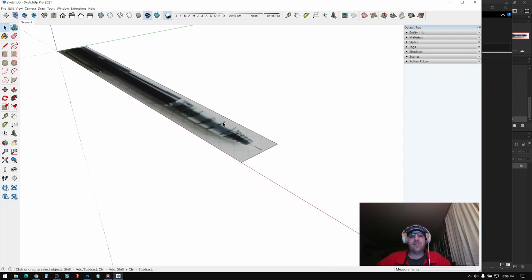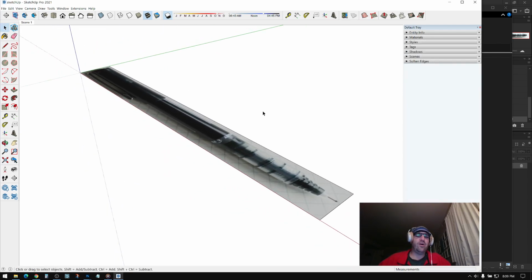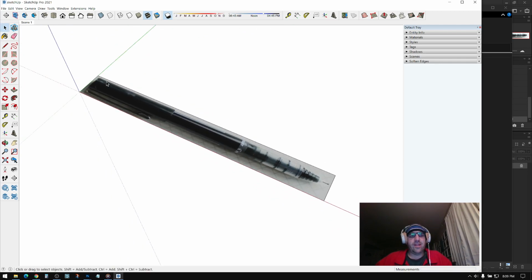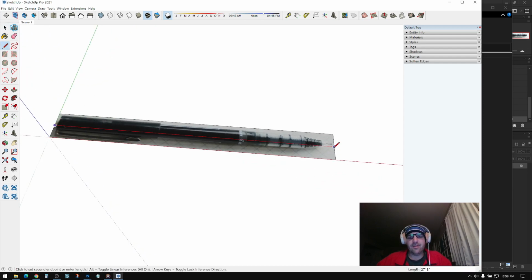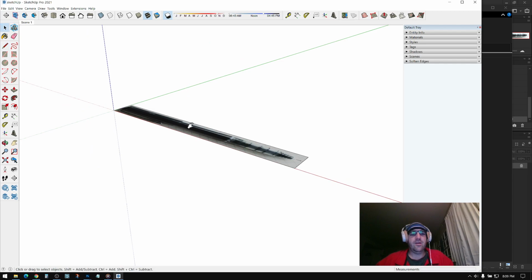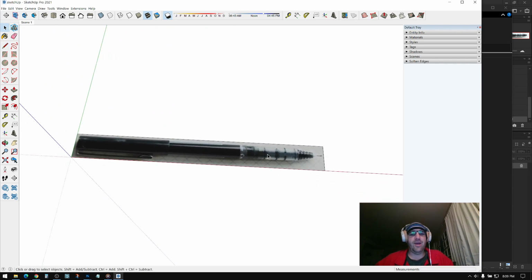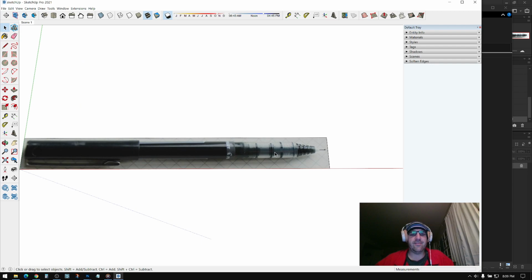So that's good. Now the very next thing we want to do is scale it. Right now, if I just use a pencil tool and draw a line from this end to this end, down in this window right here it says 27 feet 3 inches, and that's not the size of a pencil. That's like the size of an airplane. So we're going to scale it, and I'm just going to take a wild guess that it's about 5